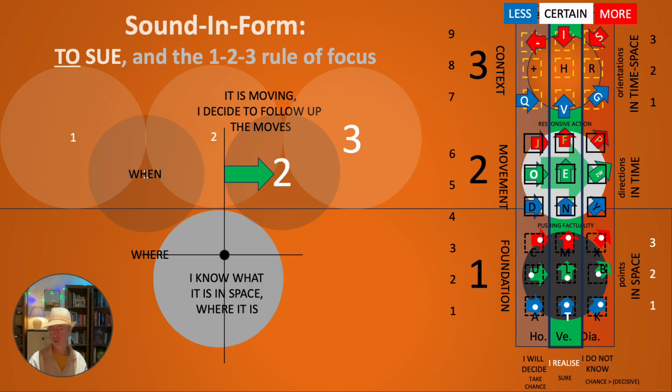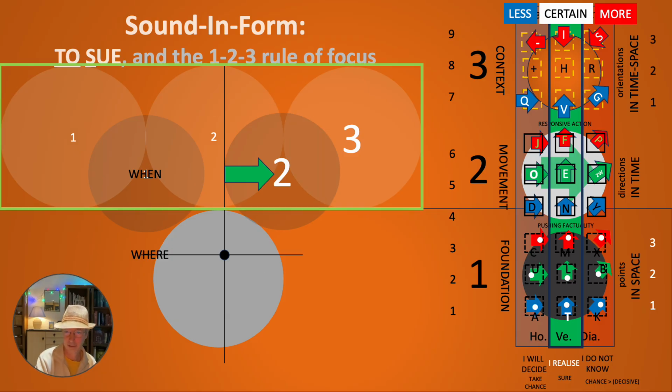So when you have a certain aspect, when you have them, now you have to follow them. All the verbs do have the combination of T with U, so you know what it is, where it is, but not exactly when it is. You have to follow it. So that's 2.